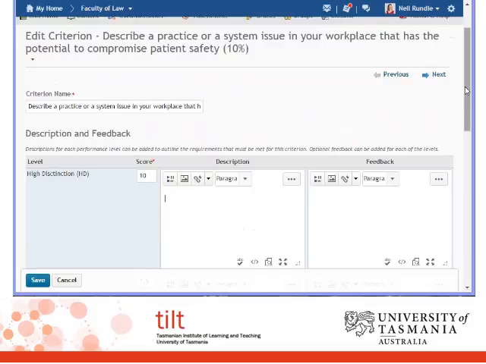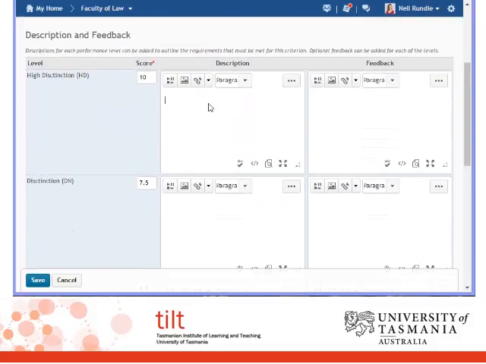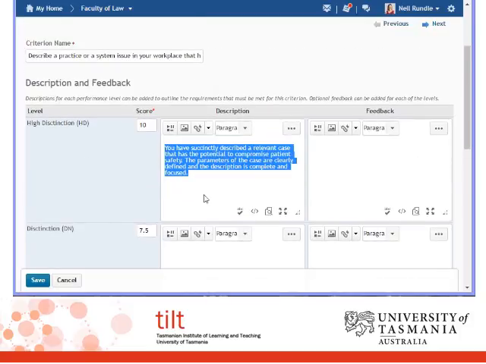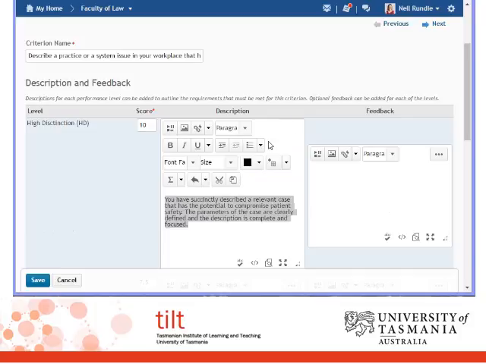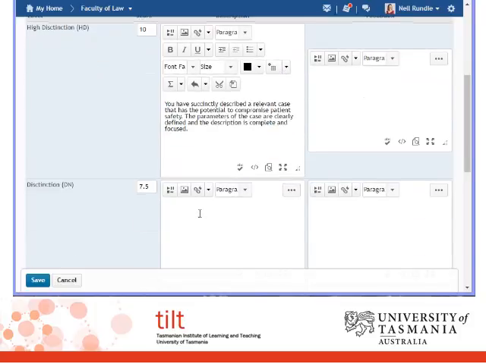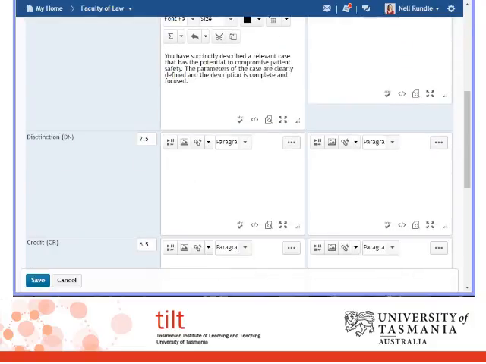So now that we've got the points assigned, we need to copy and paste essentially the descriptor for each of these standards. So this is a standards descriptor for a high distinction level of this criterion. I'm going to select all of the text that I've just put in, because I'm going to left align it so that when the students see it, it is aligned left. And then I copy and paste the distinction